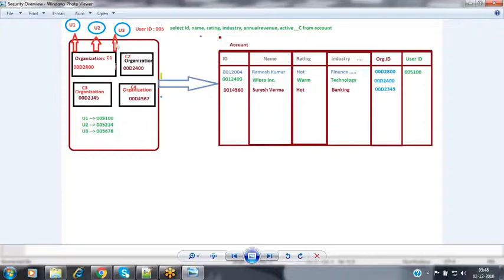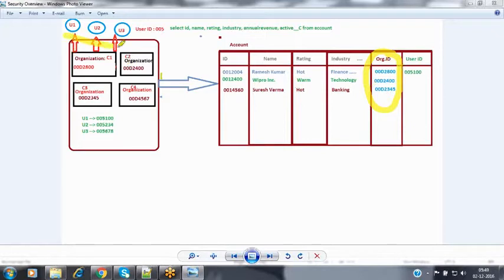Why? Because whenever the person has created a new record inside that Salesforce database table or Salesforce object, then along with the record details, it is storing that organization ID also. The currently logged-in user's organization ID will be populated there, in order to differentiate the records between the different organizations and the different users inside that organization. So for each and every record, along with the record details, it will have the organization ID also, to indicate from which organization this record has been created.